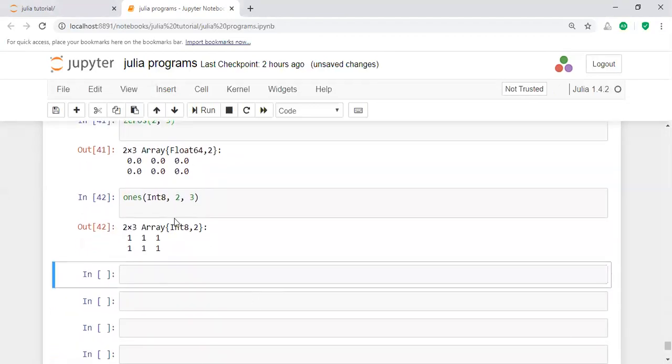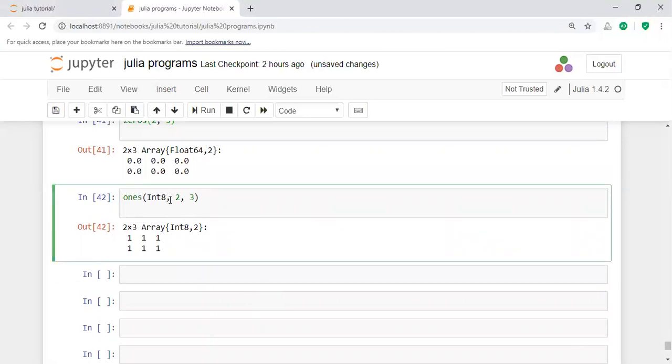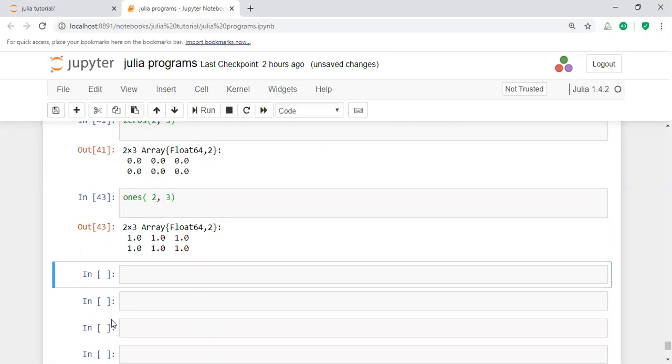If you remove the Int8, it is displayed as a 2 by 3 matrix consisting of 1.0, 1.0, meaning all are float values. In this way you will get the ones function and the zeros function.